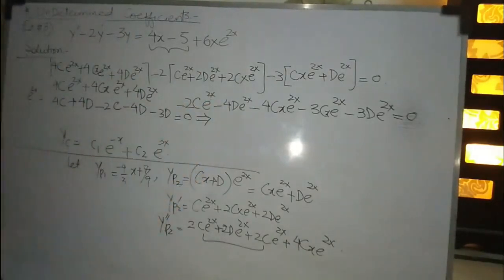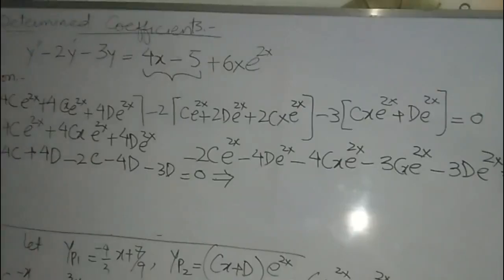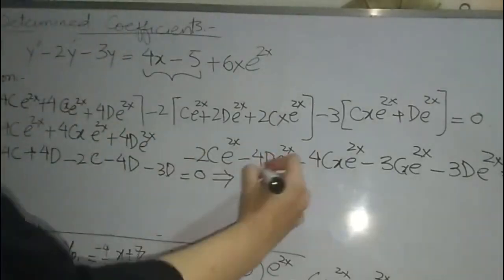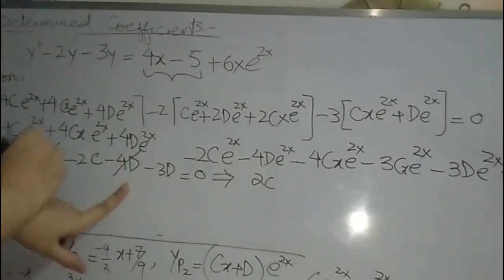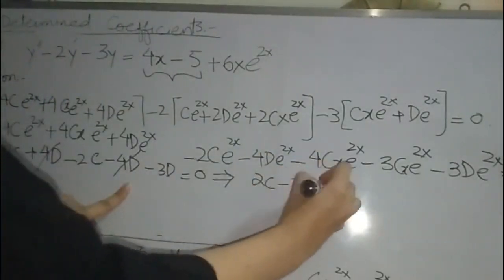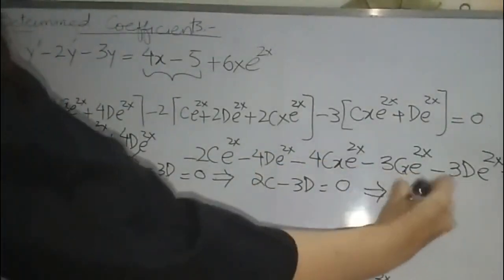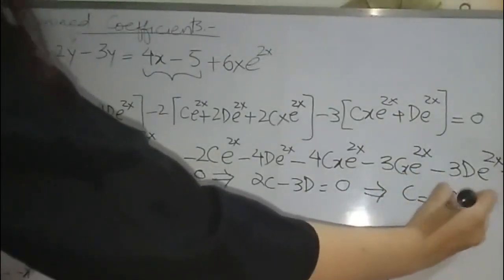I'm writing c here so that I can solve it. Okay. So 4c minus 2c becomes 2c, 4d minus 4d, so that becomes minus 3d equals to 0. So that means c equals to 3d by